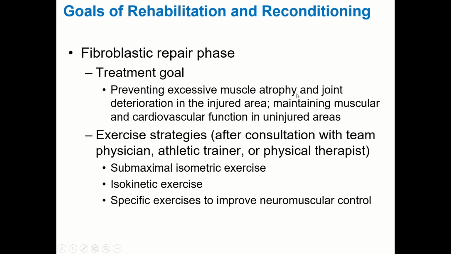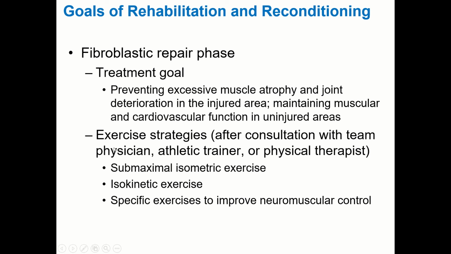Fibroblastic repair phase, so we're trying to limit muscle atrophy, so that's why we're trying to do some strength training as much as we can. Trying to limit joint deterioration. So like the joint surfaces, so the hyaline cartilage is nourished by the synovial fluid, and so that requires the joint to move around some to keep nourishing the cartilage. So if we have them not moving for a long time, you're going to get some deterioration of the joint surfaces. So the more that we can keep them moving, the less damage to the joint itself we're going to see. Now that said, with an ankle sprain, you're not going to have them like run on it. That's too much. So there's a little happy medium there.